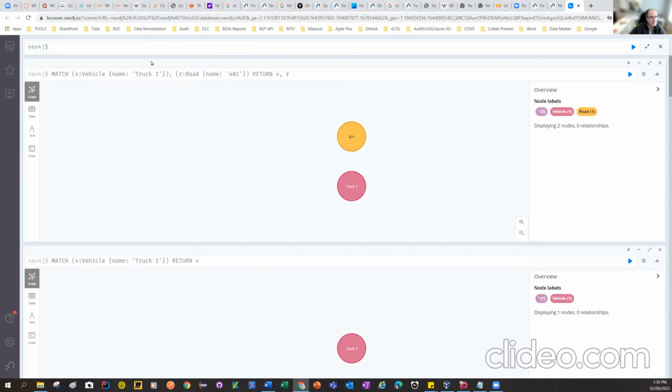Yes, it is found, no problem. Now what we want to do, we don't want to only find, we want to merge them with a relationship. Relationship is as simple as the graph. Imagine we want to create it in an ASCII code kind of thing. It's the same thing. So vehicle